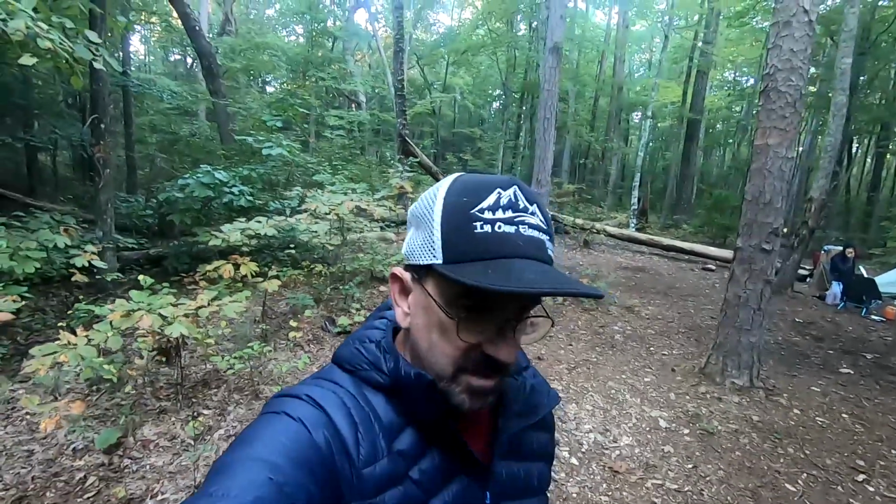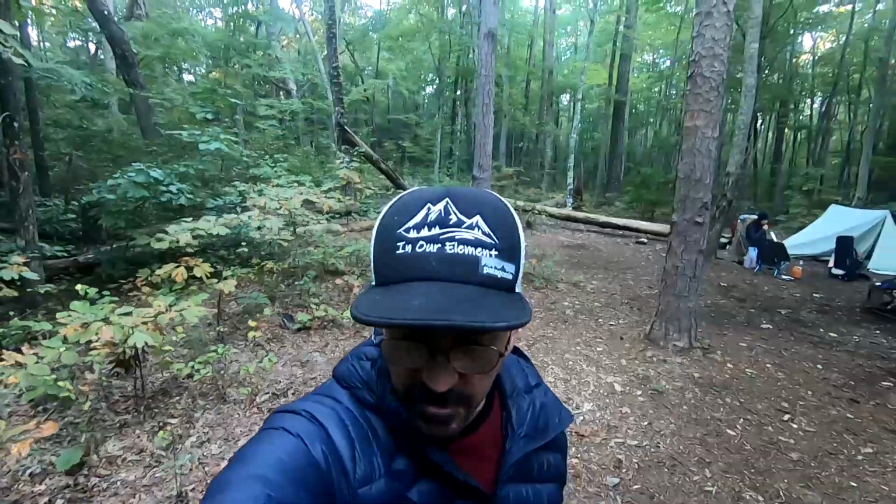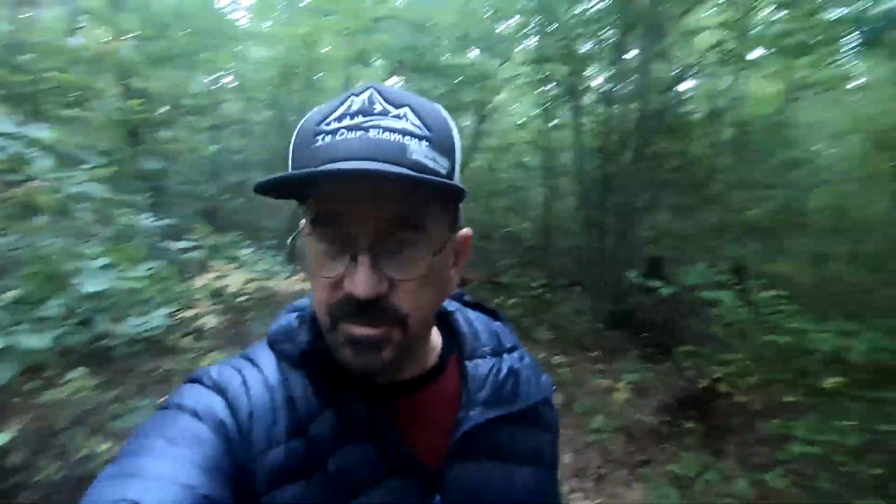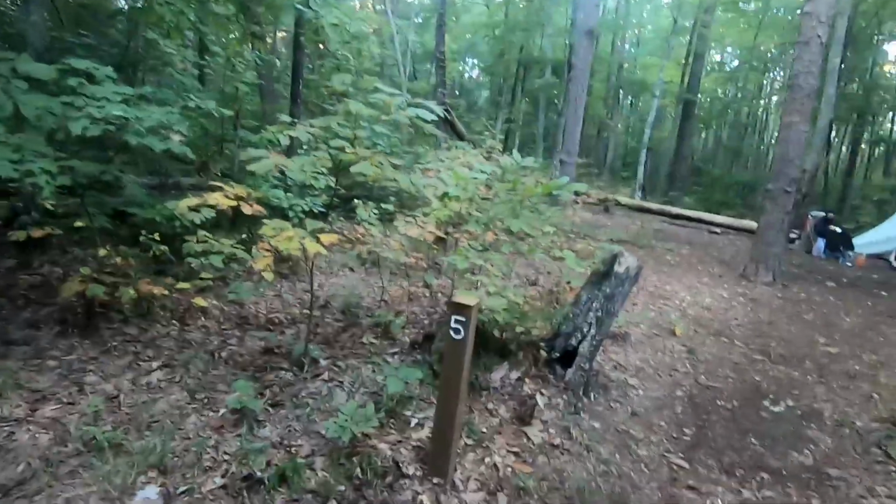Well, yeah, we ended up night hiking in about the last half a mile or so, which wasn't too bad, except for the last section when we did finally have to turn on our headlamps. Was quite a rock climb up to the top of the trail to get to the campsite. That was totally unexpected and was a little sketchy in the dark. We were very tired. But this is campsite number 5